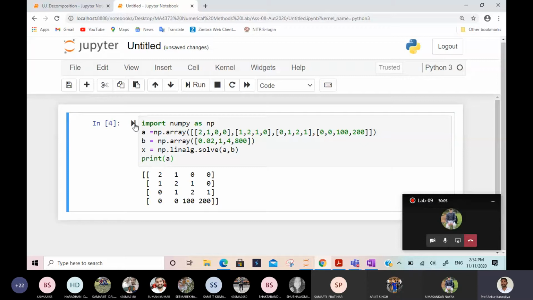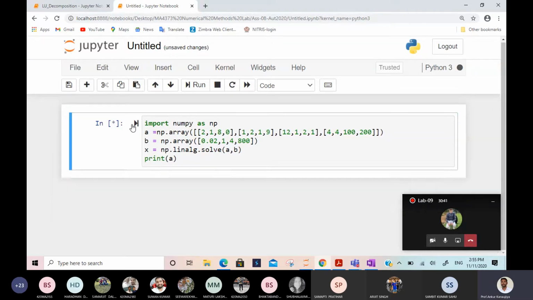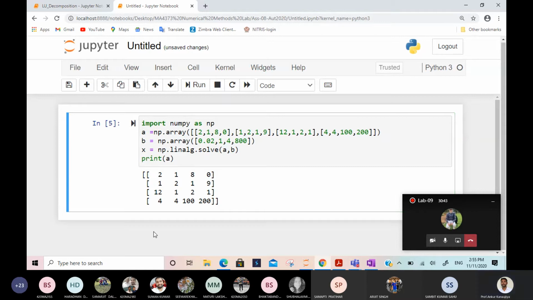So suppose this is the matrix here. I just changed this decimal because it looks a little bit odd. Some 10 to the power minus something it is coming. So just from an explaining point of view, I am doing like that. Now in the first column, this 0 also I am changing so that the maximum, whatever it will be, will be clearly visible to you. So I'm just changing some random matrix here. So can you tell me what will be the maximum in the first column? 12.